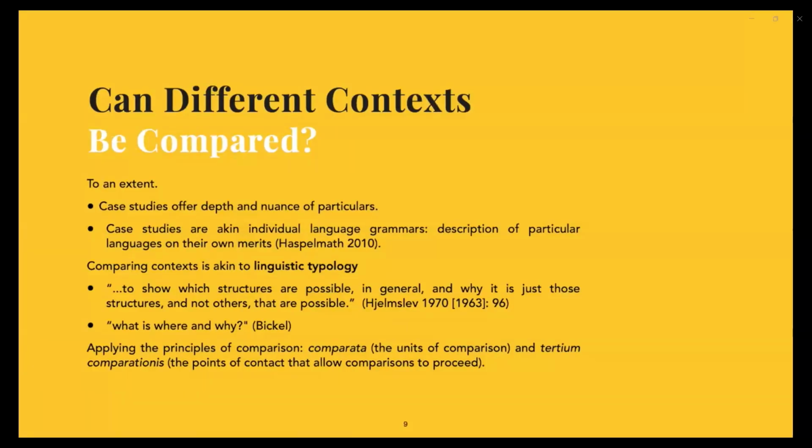The studies of language contact, and especially the social dimensions of language contact, have tended towards case studies. And these case studies are like the ethnographic work that Boas says is crucial for anthropology. The case studies of language contact and the social dimensions of language contact offer in-depth views as to what kind of factors are operating in that particular moment, in that particular place. And it provides a nuance of the particulars which are really necessary, I think, to get to the underlying factors, or the combination of the multiple factors that lead towards a particular outcome.